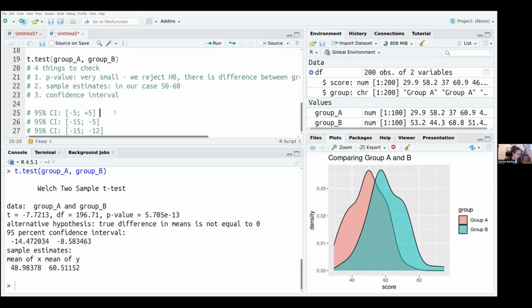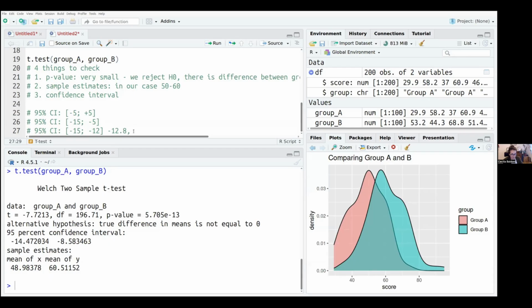But this would also be reflected by the p-value, right? You would have multiple feedback from this. And this is, for example, similar to our example. So the true population difference, like Ajay said, can lie between these two numbers. And if it's -15 towards -5, there is a bigger gap. But if the gap is -15 to -12, I am more sure that the real difference between populations lies between these two values. So it could be, for example, minus